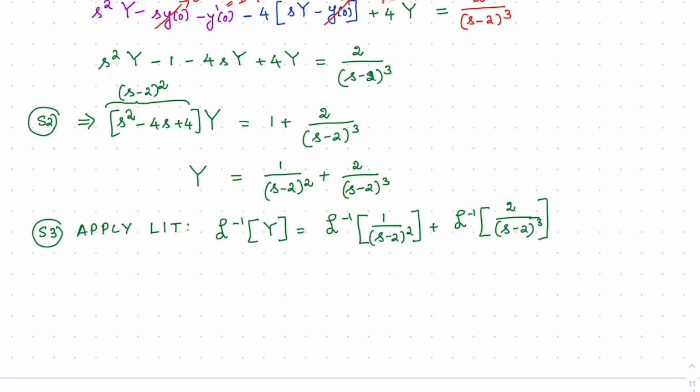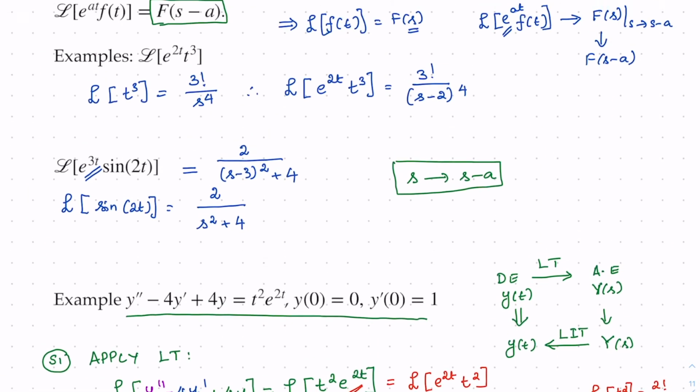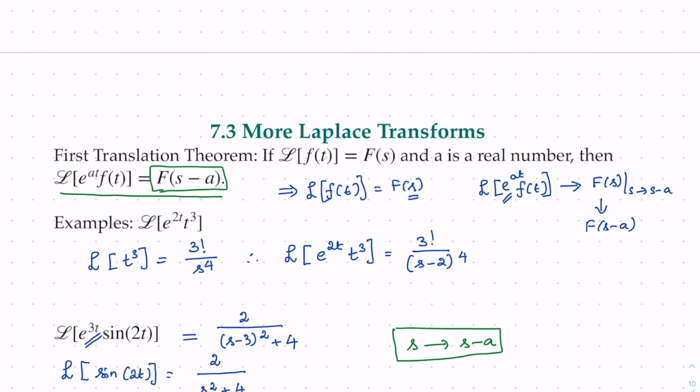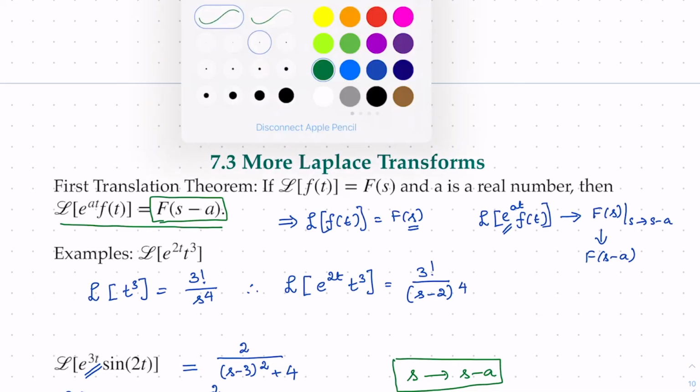Now how do I apply this? It's the same thing that we did before with the Laplace inverse transforms. That is the same idea here that we applied over there. If L of e to the at f of t is equal to F of s minus a, then what would be the Laplace inverse